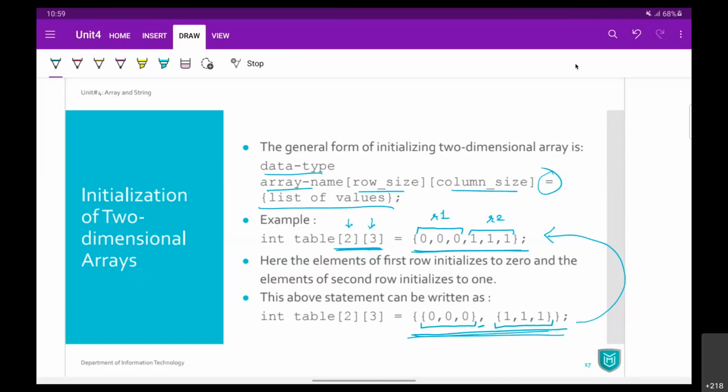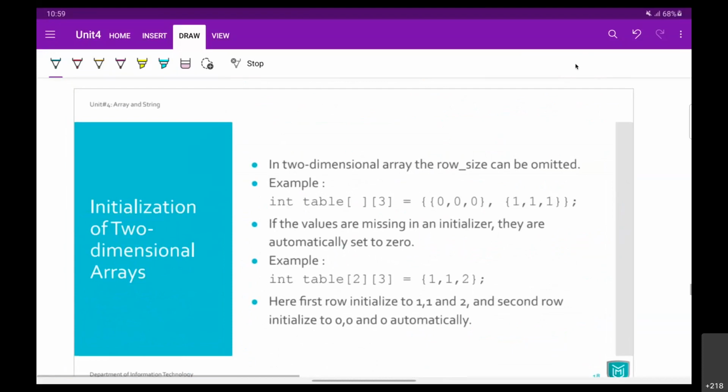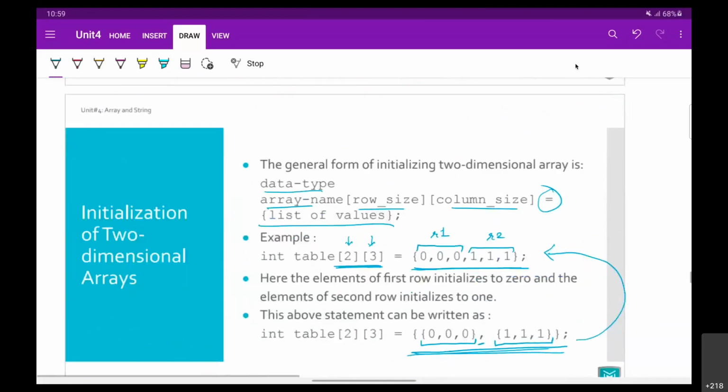Now, enrollment number 71 is asking what if we give int mat[3][3] equals to curly bracket 10 10 10 12. If we give like this, instead of 9 values we give 7 values, then we are going to cover it in the next slide, so just be patient. I'll also tell you what happens if you give a lesser number of values and if you give more values, but this is how we can initialize. So is this clear, everyone?